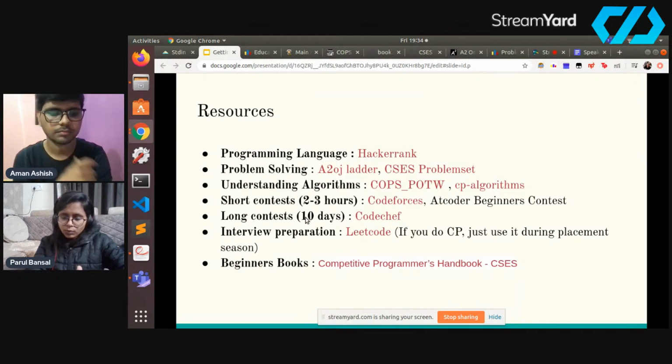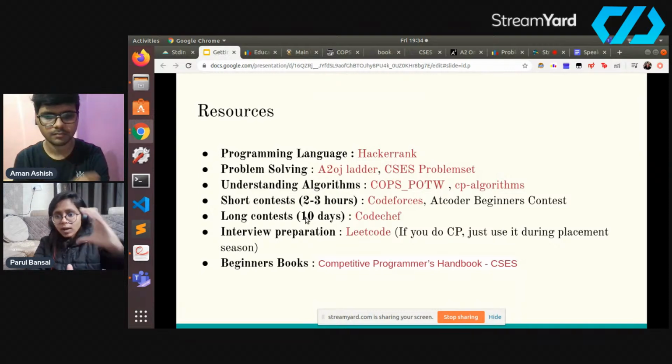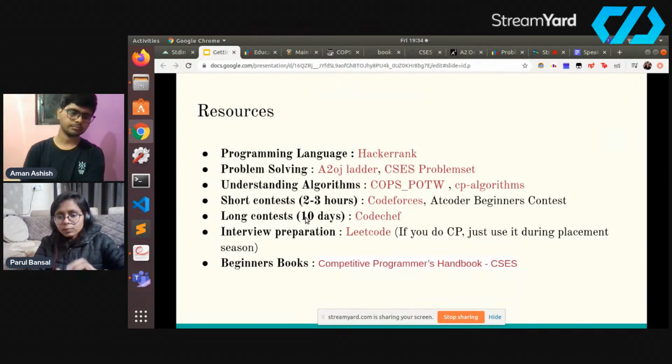You write a code for a problem, submit it, and it passes a few test cases. तो उसके तुम्हें पार्शियल मार्क्स मिलेंगे। तो ऐसे ही तुम्हारी रैंकिंग होगी सिमिलरली। पर इससे क्या होता है, इससे माइंड का ग्रोथ बहुत ज़्यादा होता है। तुम 10 days तक मतलब कोई भी, एटलीस्ट तुम एक प्रॉब्लम भी अगर 10 days में सॉल्व कर रहे हो तो तुम्हें पता लगेगा कि तुमने कितने एफर्ट्स किए हैं उसको सॉल्व करने के लिए।